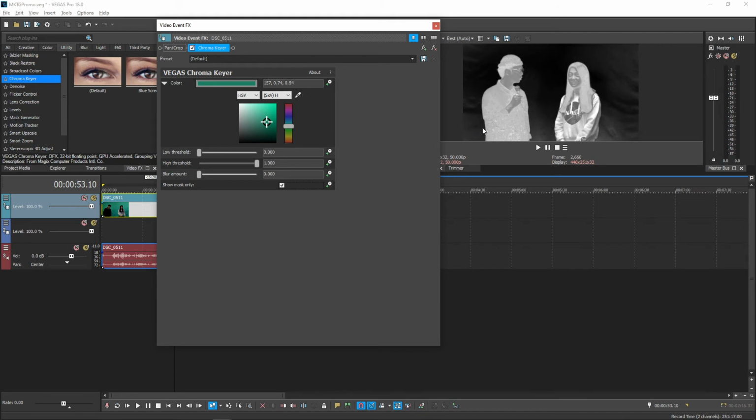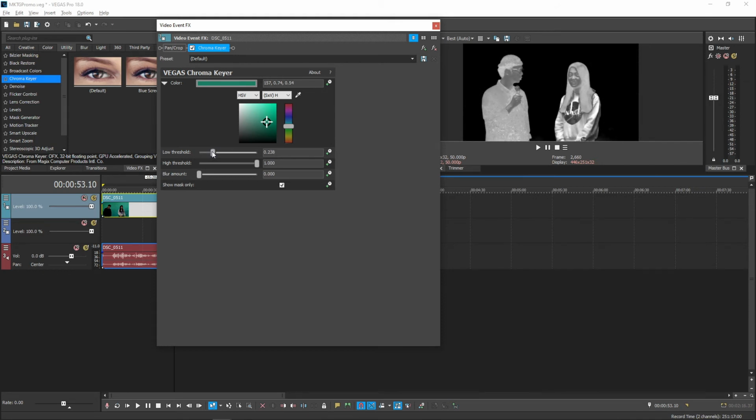So, drag the low threshold slider to the right to get the green screen parts as black as possible. And then, drag the high threshold down so the parts you want to keep, our actors here, are as white as possible. Once you are finished and the colors look clear, go back and uncheck the mask to see your original clip. The green screen should be removed cleanly, leaving the actors on screen.